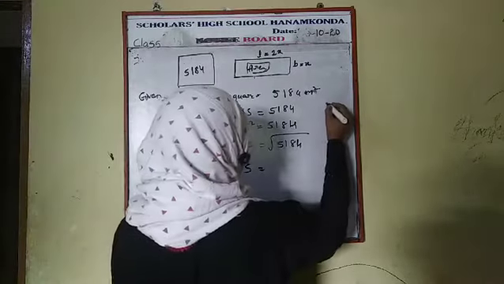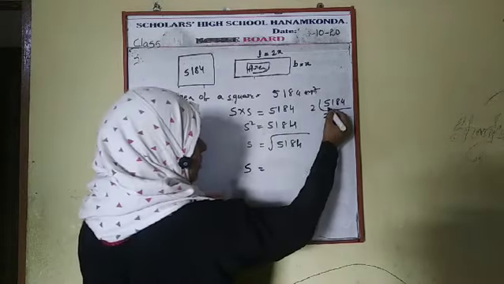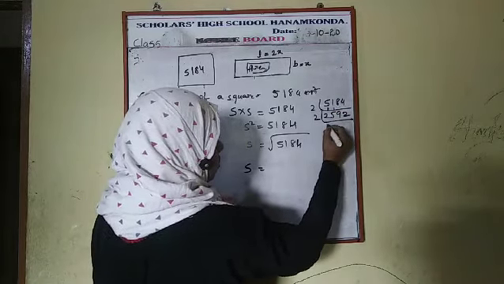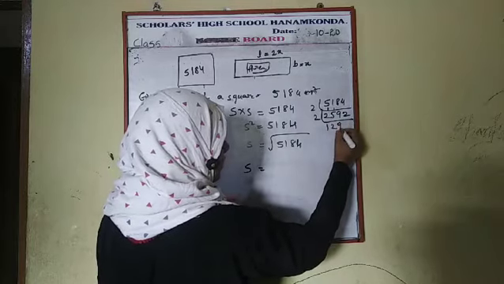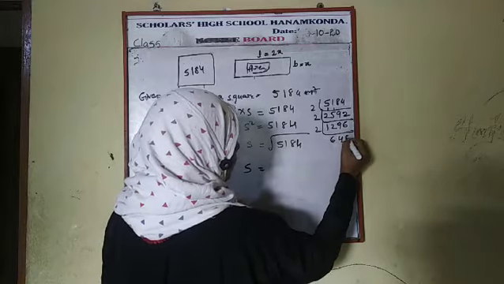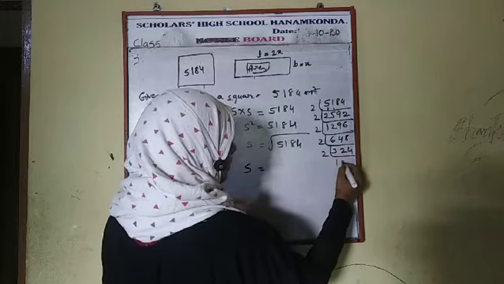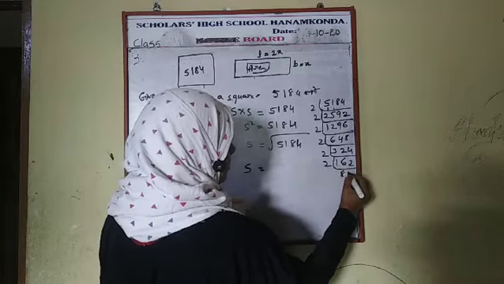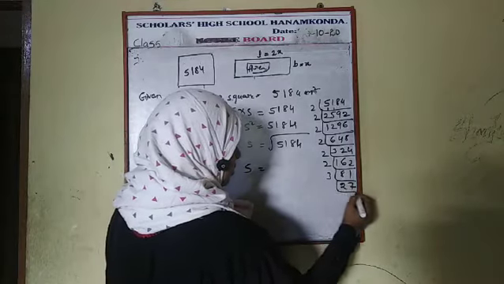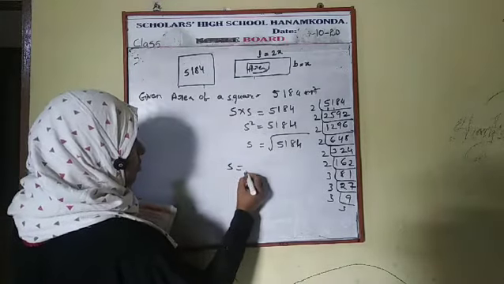Then how much do you get for the side here? Do the LCM here, for 5184. 2 2s are 4, 1 as remainder 11. 2 5s are 10, 1 as 2, 9s are 18. 2 2s are 4. 2 1s are 2, 2 2s are 4, 2 9s are 18, 2 6s are 12, 2 4s are 8, 2 8s are 16, 2 3s are 6, 2 2s are 4, 2 4s are 8, 2 1s are 2, 2 8s are 16, 3 2s are 6, 3 7s are 21, 3 9s are 27, 3 3s are 9.